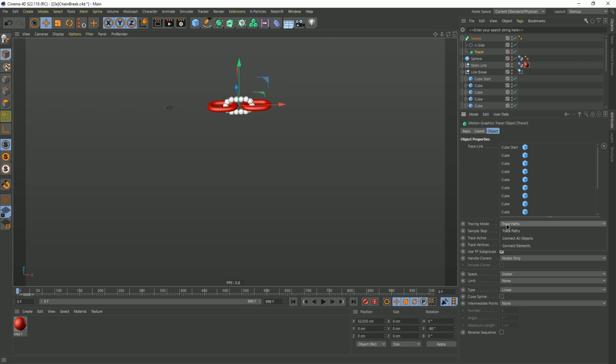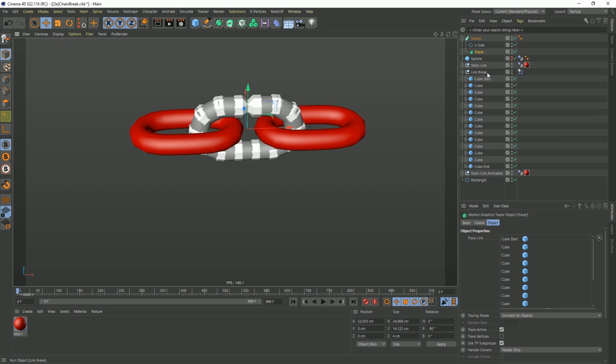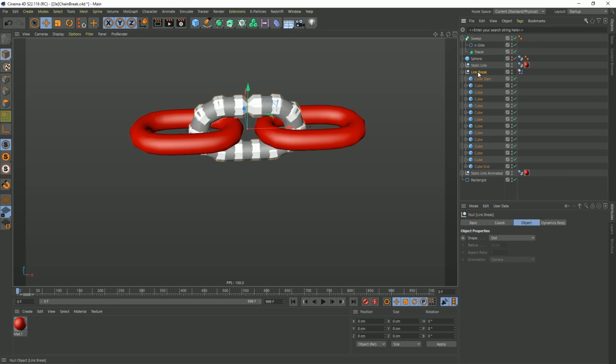Currently tracing paths, we want to connect all elements. We don't want to trace the vertices. So now you can see we've got our final link there. This is built a little bit differently than our other one. So I might take our link break, which is all zeroed out, centered very nicely. Selecting that, hitting Alt-G to put it into a null. Also name that one link break. However, we'll name this bottom one link break